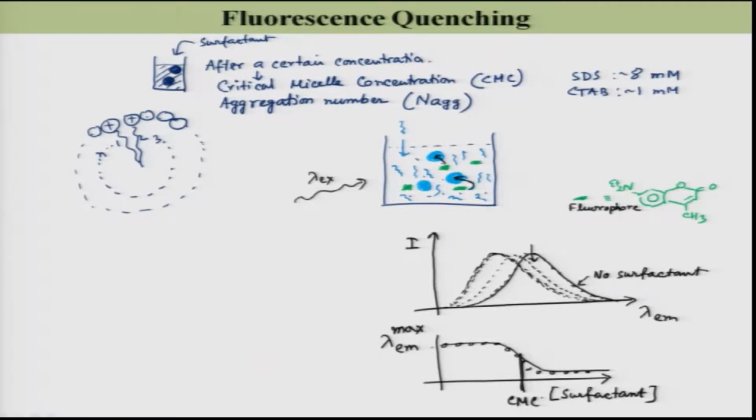We can use this fluorescence quenching now to get the aggregation number of this micelle. Now, let us see how we can use fluorescence quenching to find out the aggregation number, right. Like we found the CMC value by the fluorescence method, but in this case we will use the fluorescence quenching method to find the aggregation number of this micelle. We will find the N aggregate. Okay, let me define all the terms step by step, and then it will be very easy for you to understand. Here the first term I am going to define is